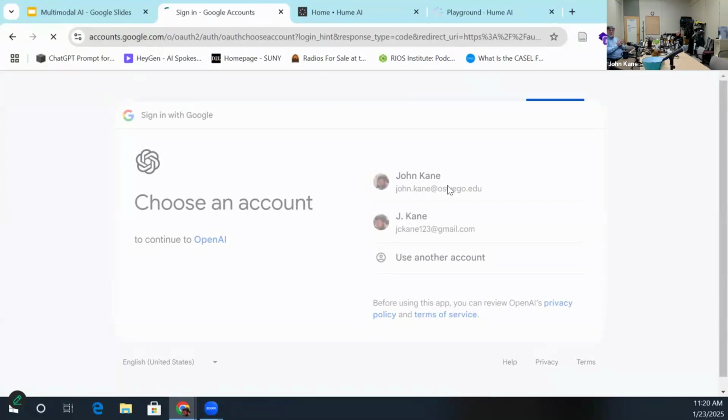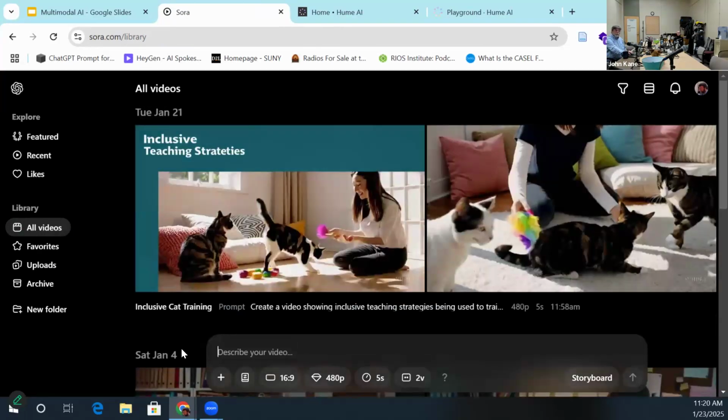I'm not quite sure why it's taking so long. Maybe it's upset that it's not doing 20 or 30 authentications. So you can log in. There we go. Okay, so we want to create a